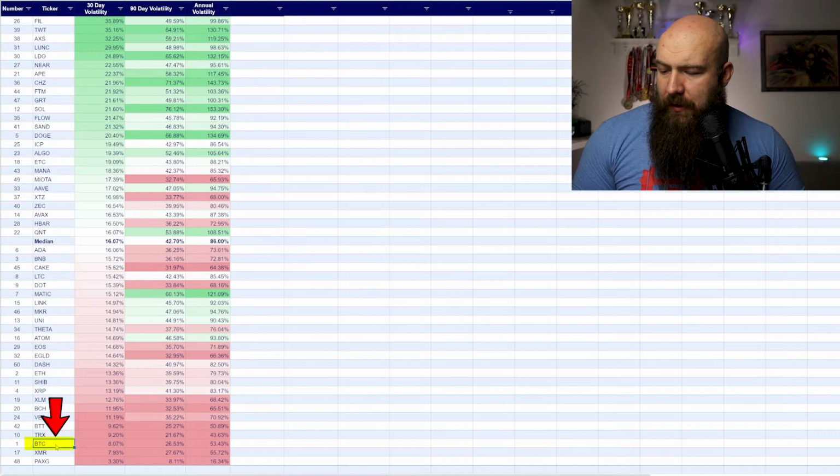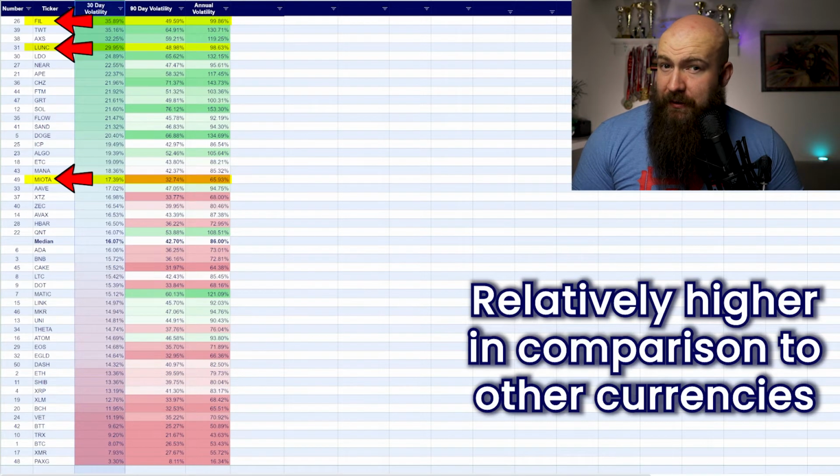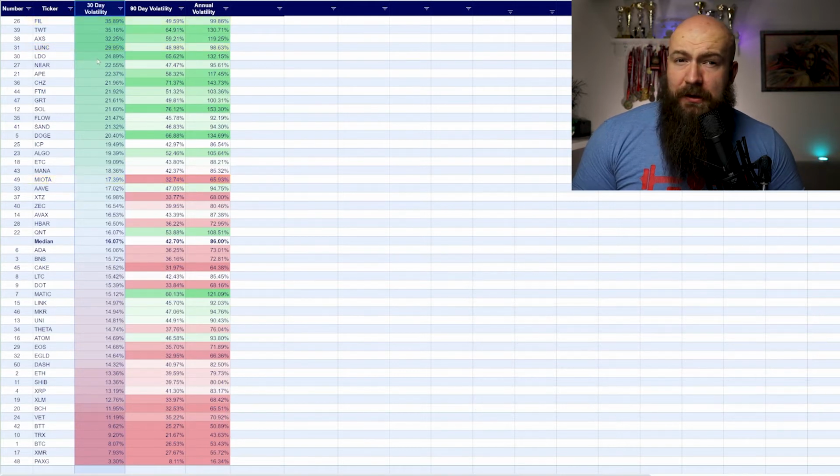Also, you can see that Bitcoin is one of the least volatile assets, and if you look at the bottom part of the sheet, the majority of the coins that are here are the ones with the higher market cap. The currencies with high volatility are most often ones that experience a strong move to either upside or downside, or the ones with a lower market cap. Also, if the 30-day volatility is much higher than the other two, that move up or down probably happened recently. One of the goals is to identify if that big move already happened or we are just taking off.